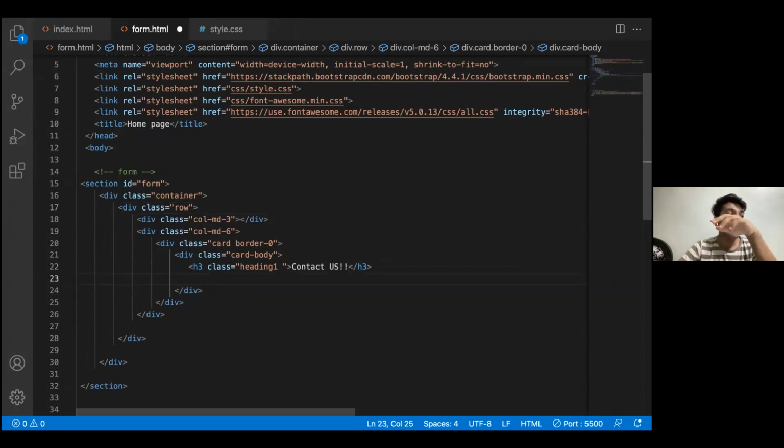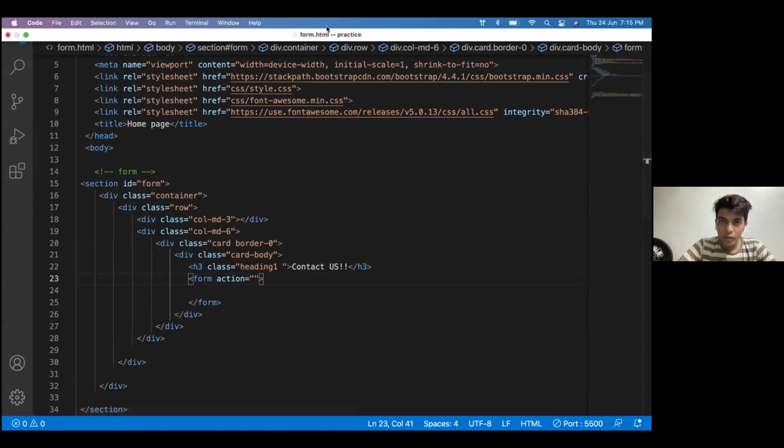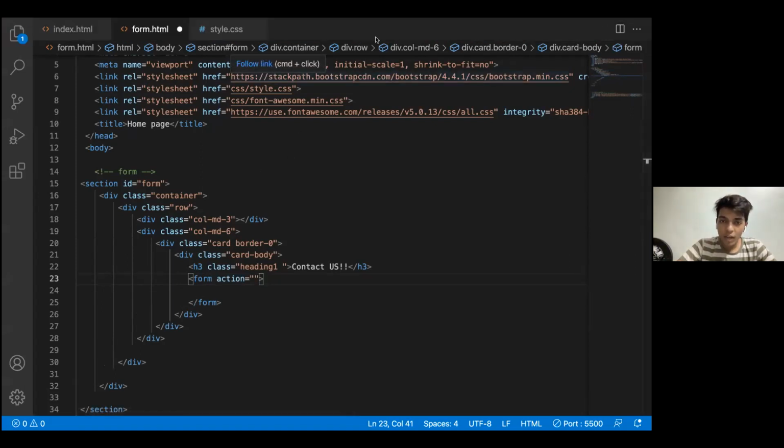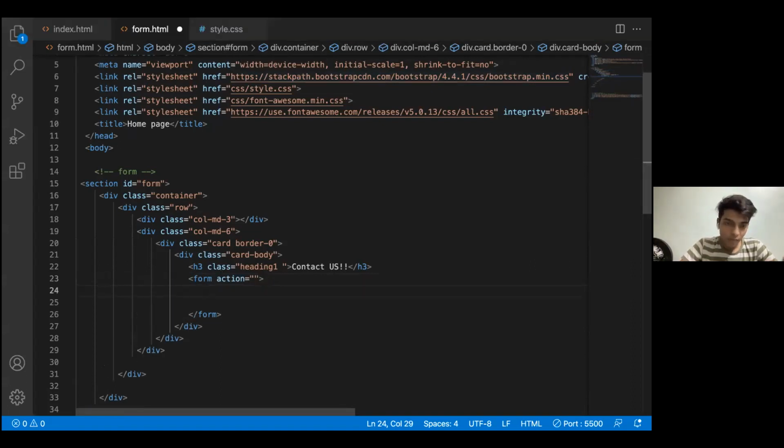So now we will be building a form. For that, we need a form tag. I put in the form and press enter and we get a part. In this action attribute, I'll be explaining the action part in some time as we build up the form. Up till now, I guess nobody should have a problem. I'm going pretty slow. I'll be continuing with the form because I haven't styled it yet.